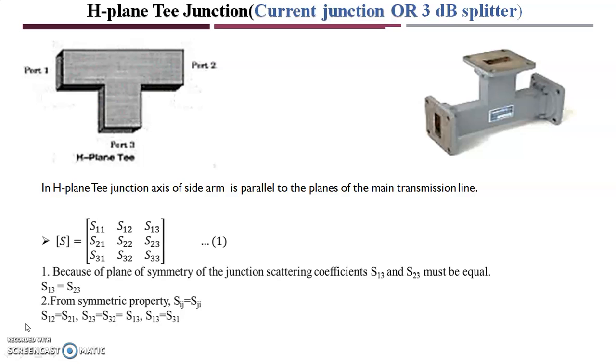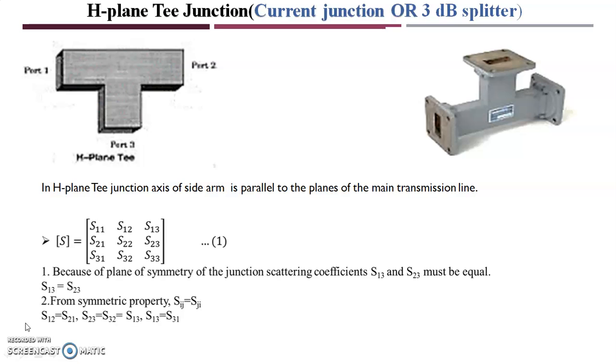First we will discuss microwave T's, also called junctions. As I told you, it is sometimes required to combine two or more powers, or sometimes to split the power from one port to many different ports. So we require microwave T's or junctions where two or more ports come together.